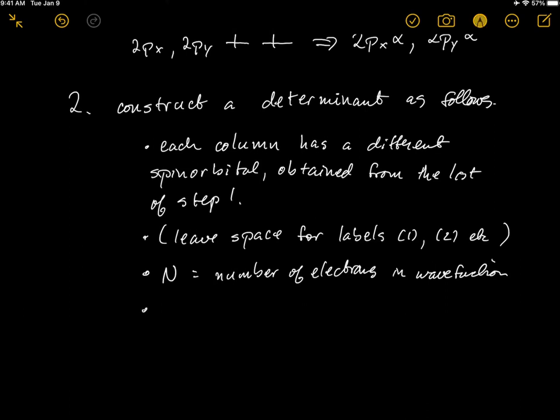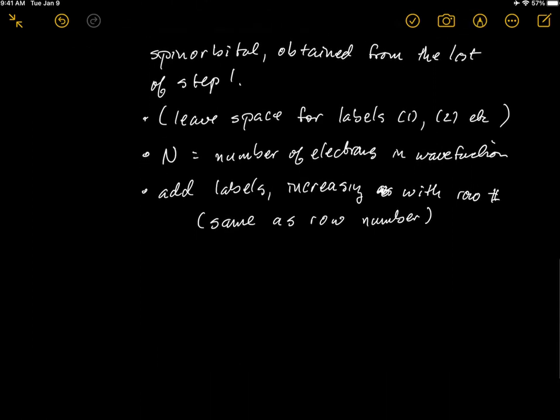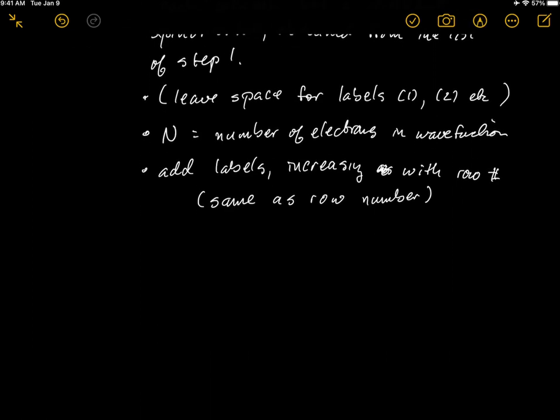And then we add labels increasing with our row number, or equal to the row number. In other words, and then